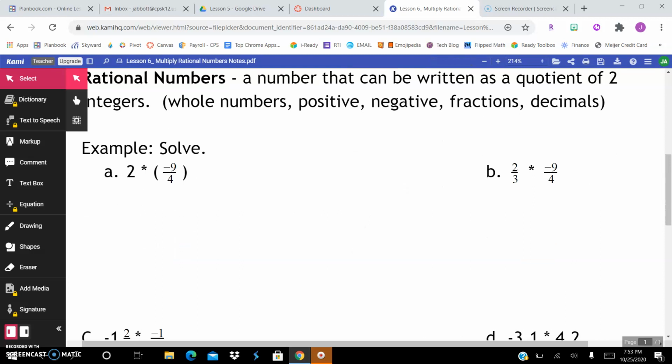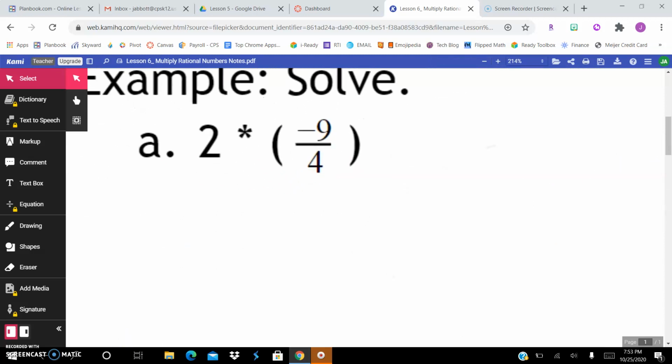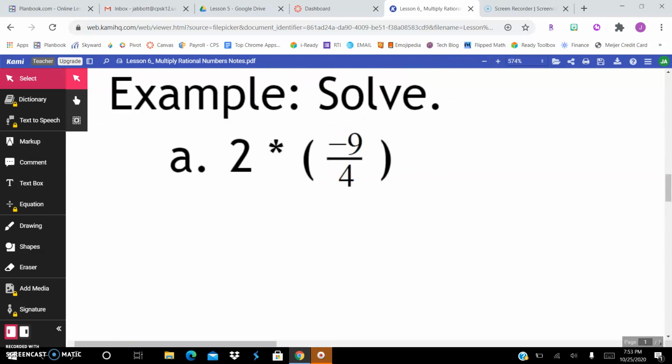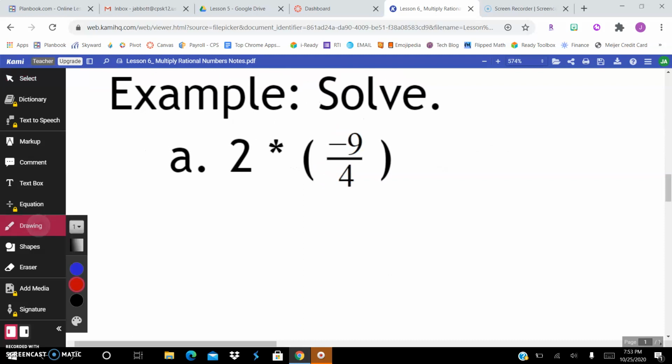So for this next example, we're going to practice multiplying some numbers together. So example part A here is 2 times negative 9/4. Well, in order to do this, you're going to have to make the number 2 into a fraction. So to make a whole number into a fraction, we just put a 1 under it. And then we're going to multiply by negative